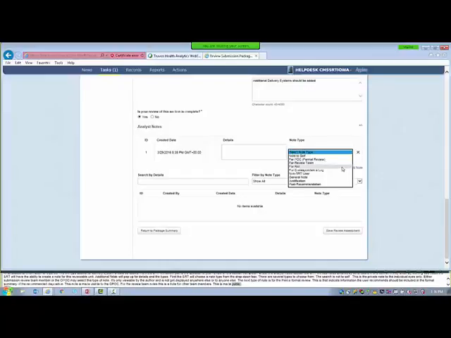The note for RAI is only available in an official submission type. It is used to recommend that something requires the package to be returned to the state. This note is made public to the CMS Point of Contact and SRT members. Next is the For Correspondence Log note type. This is a note to indicate information that the user recommends to be communicated to the state point of contact. The information in this note is made visible to the CPOC and SRT members.